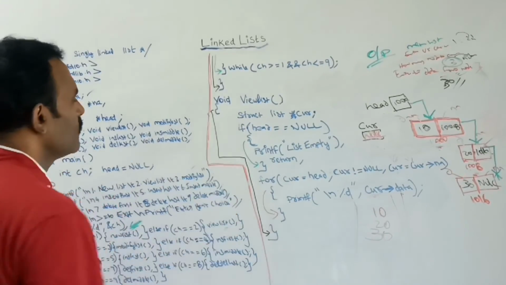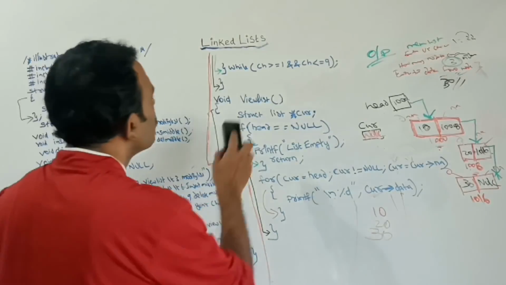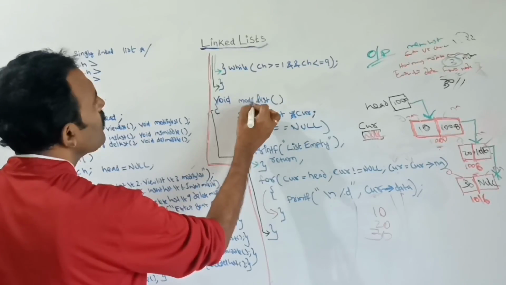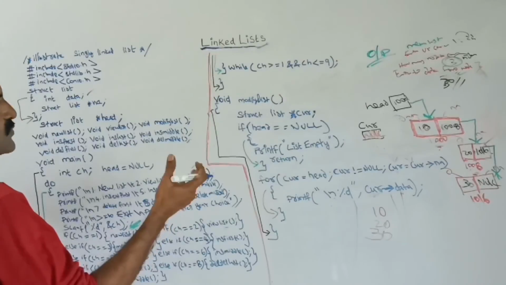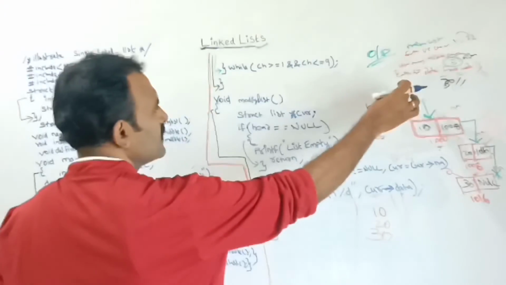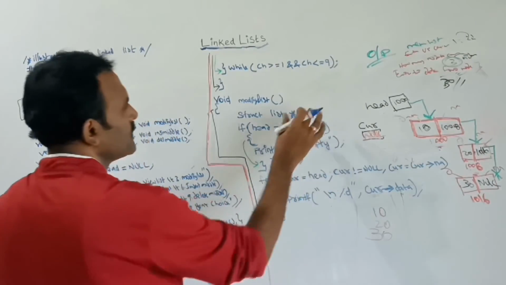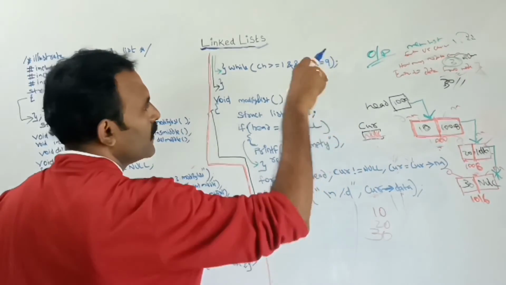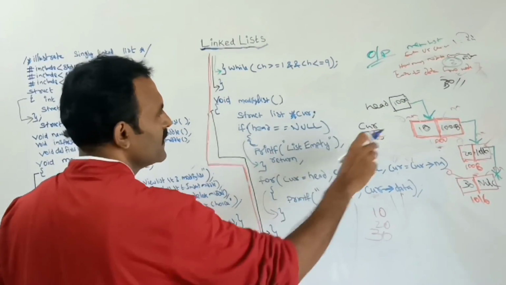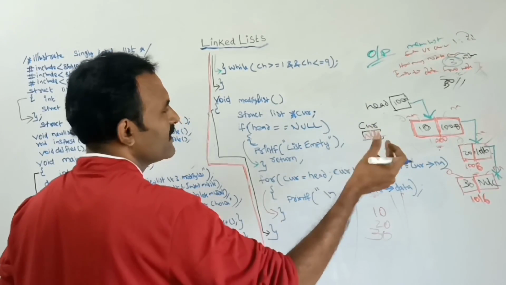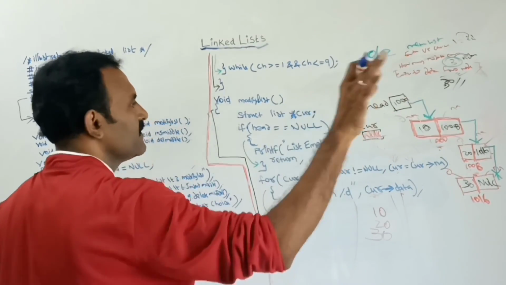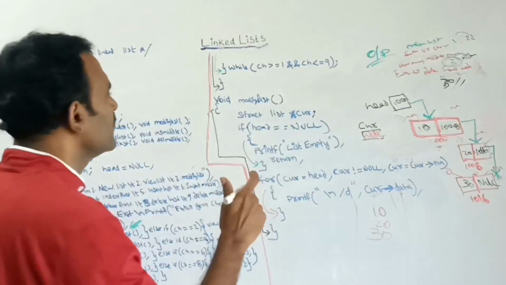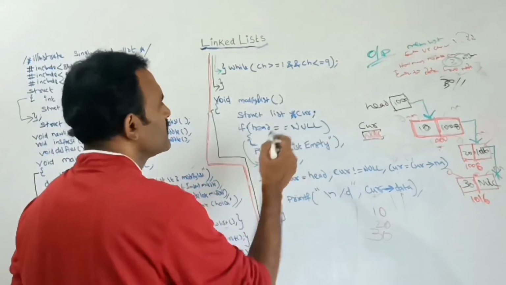Next let us see how to modify the list. See, modify is also similar. We are going to search from the starting position to the ending position. For each and every iteration I am checking whether the current location address has the given value. If the given value is there then we can modify the record, otherwise we cannot modify that record. So for getting the data we need another variable here, integer data.